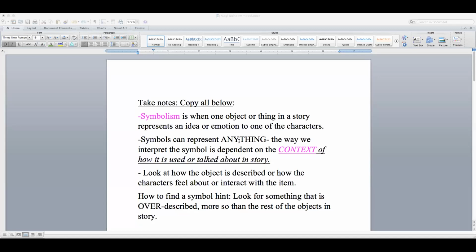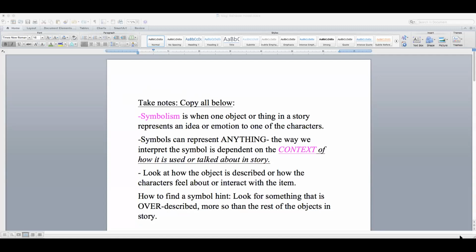Today, we are going to look specifically at how the symbolism in Gift of the Magi functions. As you might recall from the story on page 106, it says, "Now there were two possessions in which they both took a mighty pride. One was Jim's gold watch. The other was Della's hair." So that establishes that there are two items that are focused on, because remember, to find symbolism, look for something that's really focused on, that's really talked about.